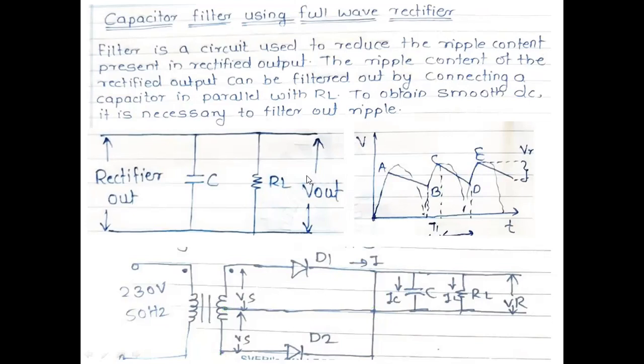We have discussed the half wave rectifier, full wave rectifier, full wave bridge rectifier, and the capacitor filter in the rectifier output. You can consider this one as a full wave. Suppose we consider half wave, how will it look? It is not applicable actually.